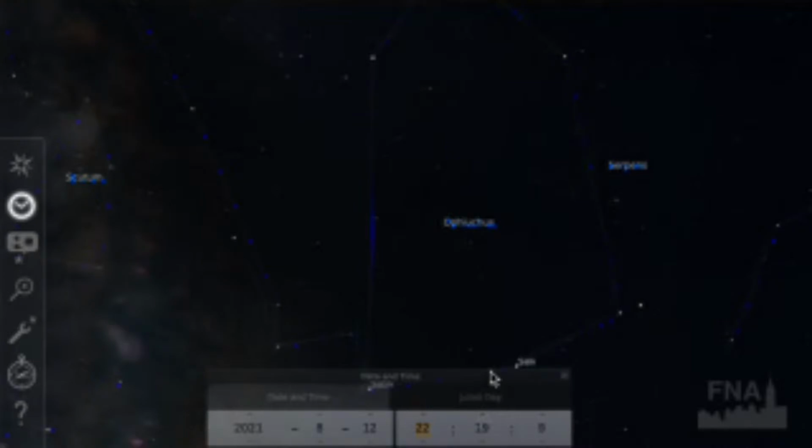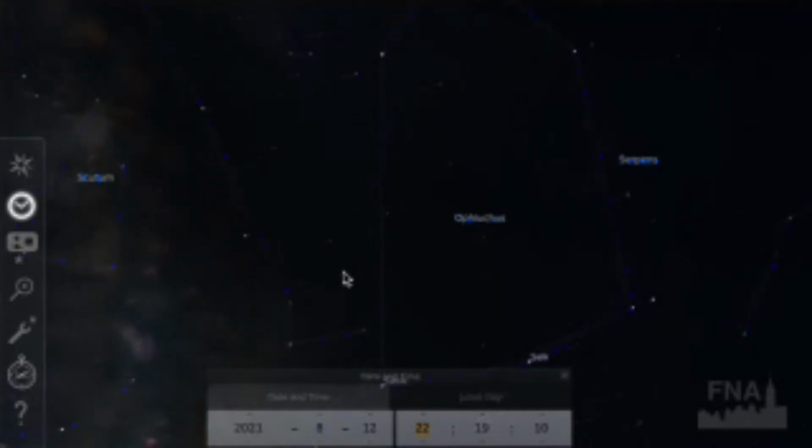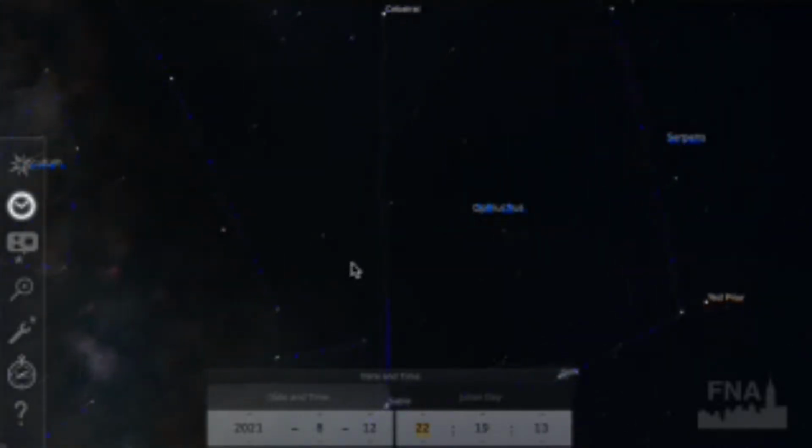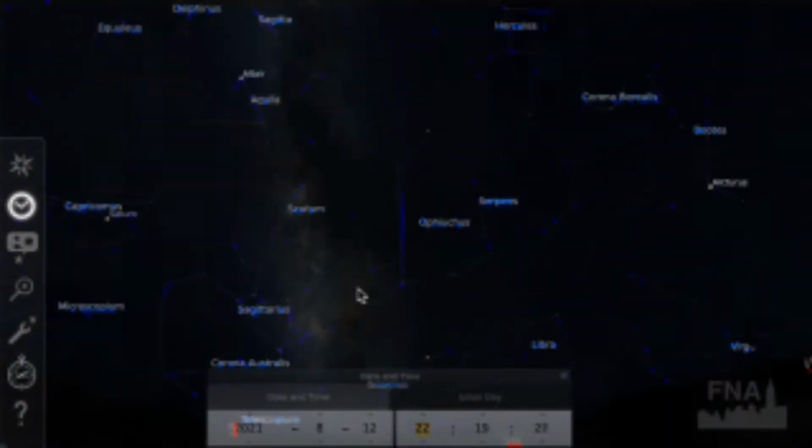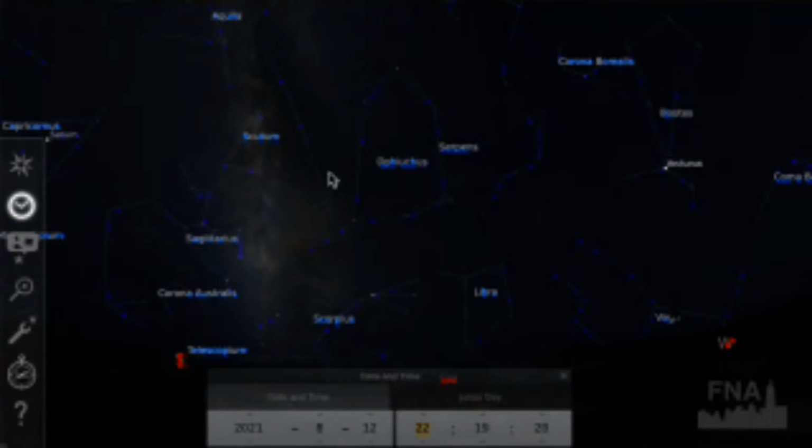It is a recurring nova, so people have been noticing this one. Every 15 years or so, it blasts off. The last one was in 2006, the last time it blasted off, and so we're expecting it to do so again in about 15 years. So if you're into variable stars, new stars, that kind of thing, this is fun. If you've never seen a nova, that's a fun one to look for.